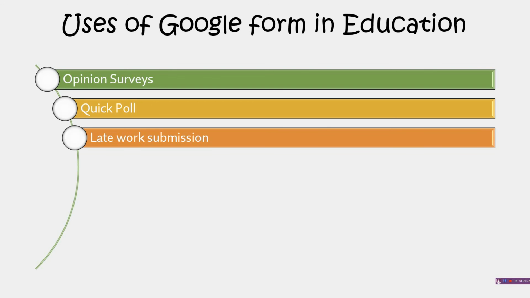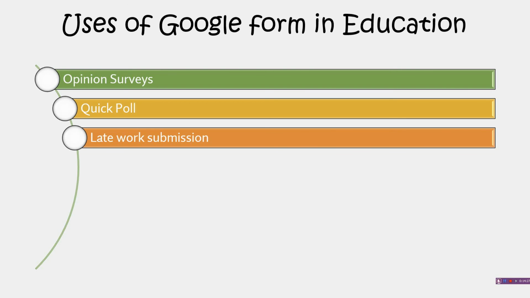So whenever we just send the link for a particular subject, for example the business communication paper, we have sent you the link. So whenever you send a response, once you submit the test, we automatically get a notification that so and so student has submitted the paper. This is what late work submission is.